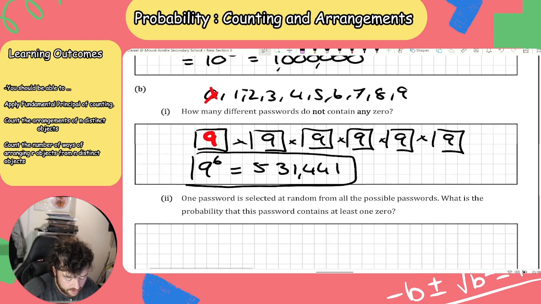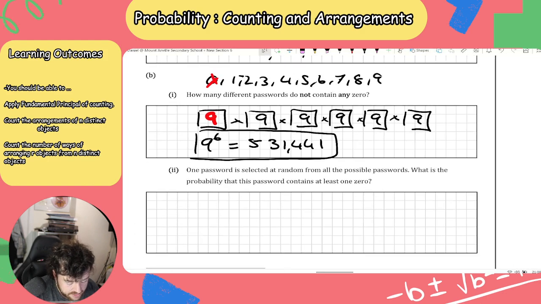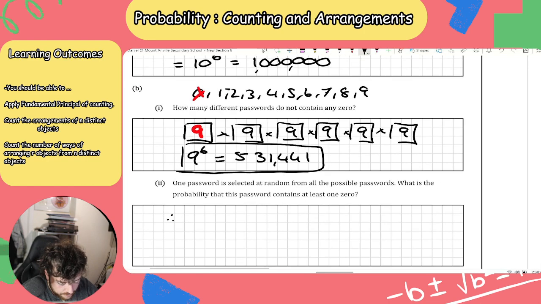So then finally, part 2 here. One password is selected at random from all the possible passwords. What is the probability that the password contains at least 1 zero? So I want to know how many passwords contain at least 1 zero. So this is how many passwords contain no 0. So therefore, it will be 1 million